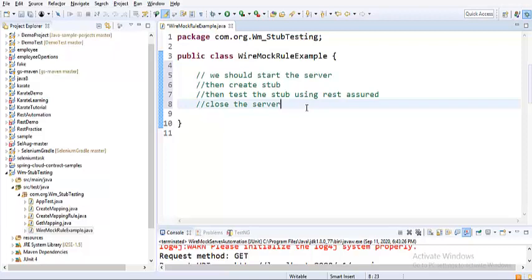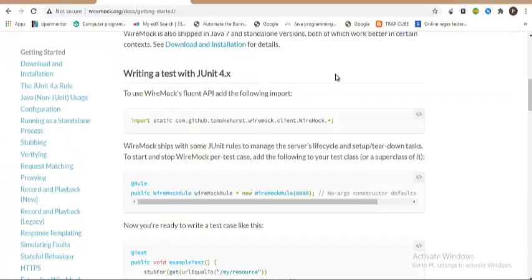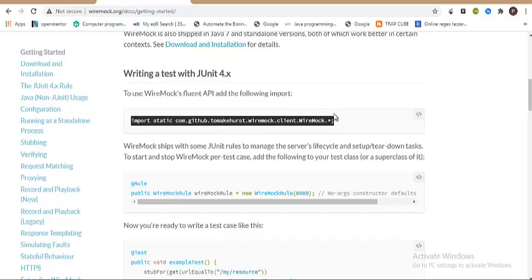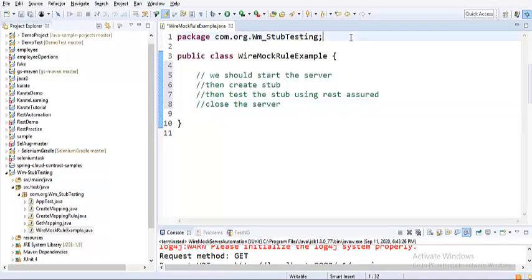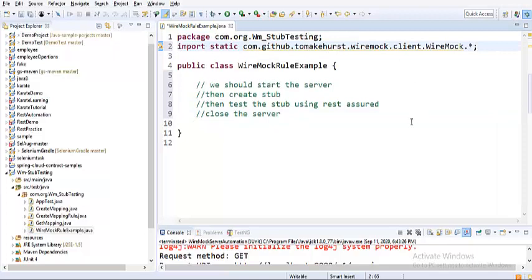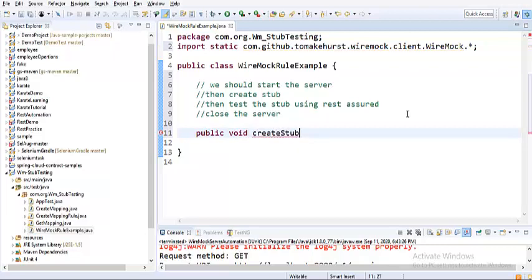Before we learn the new thing, let us implement what we already know. Let us quickly write the stub. We know that we need to import the WireMock client statically so that we'll have all the packages listed for us. So I just copied that from the documentation. I'll create a method called createStub. This basically helps me create a stub. We know the method to create a stub for,